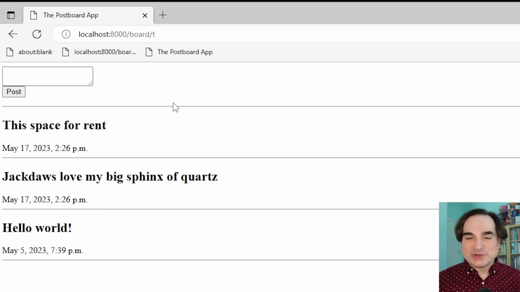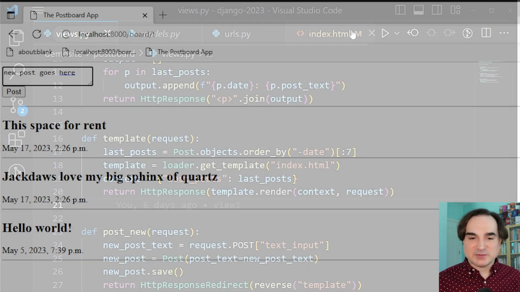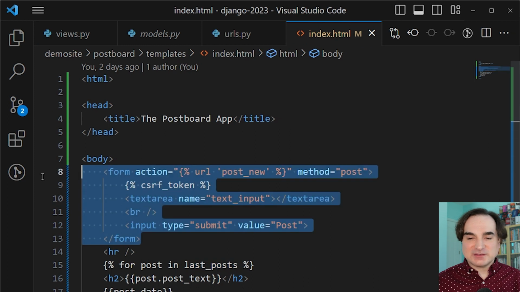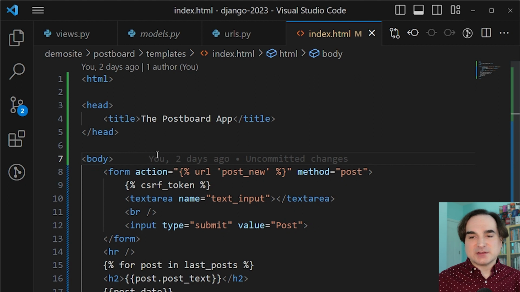Now, you'll notice one of the things that we have on this page is a small form for submitting new posts. And if we go back to the template, you can see where we have that in the template here. It's nothing fancy, it's just a text area and a submit button. But I want to use this as an example for how we would take input from the user and add it to the database. So first off, let's look at some of the elements in this form that may seem